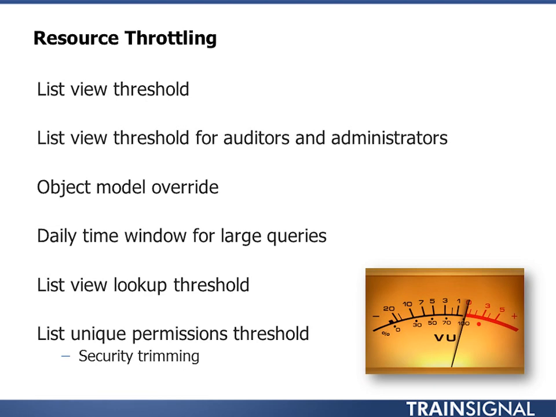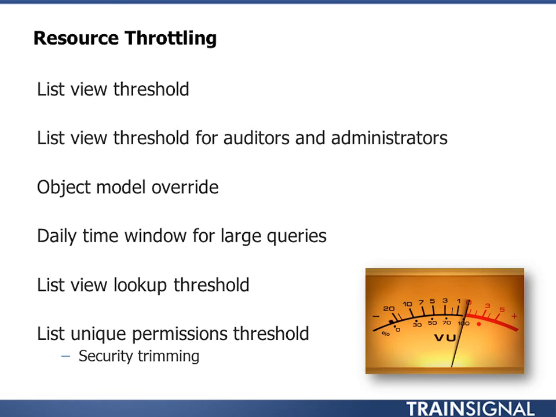So what I can do is limit the number of lookups that are allowed inside of a view. And then finally, last but not least, is the maximum number of unique permissions. SharePoint, out of the box, by default, does a little thing known as security trimming. Security trimming is where we're going to not show items to users that they don't have permissions to. Now there is no magic there. In order for that to work,